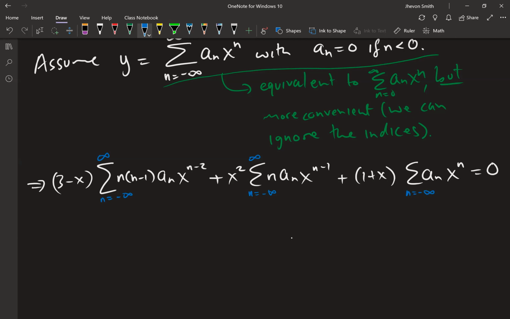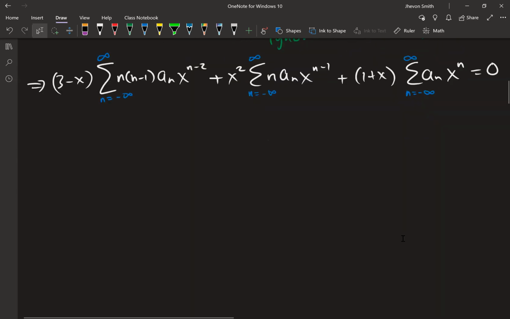And I'm writing this down for emphasis, but in general now we don't even have to care about this because now the lower number is going to be, if I shift n's by n minus 1 or n plus 1 or whatever, it's not going to make a difference because I'm going down into negative infinity. So from now on I can completely ignore indices,